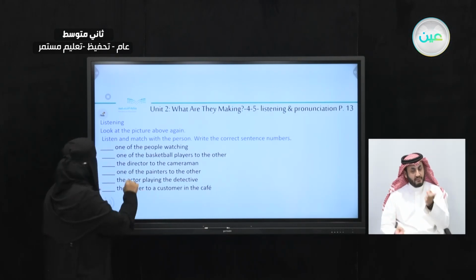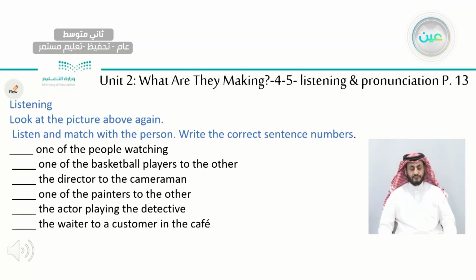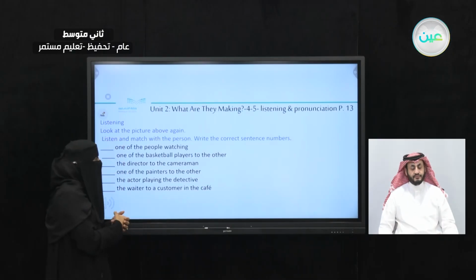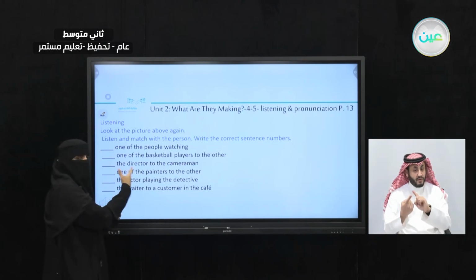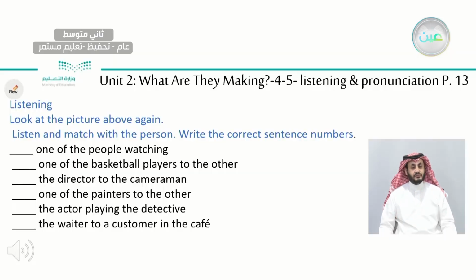You will know. Okay, the first one, the people watching. Do you see on your book, page 13? There are people watching behind the line. They are watching how they are making the movie, right? So look at these people. One of them is gonna say something, okay? One of the people watching, one of the basketball players